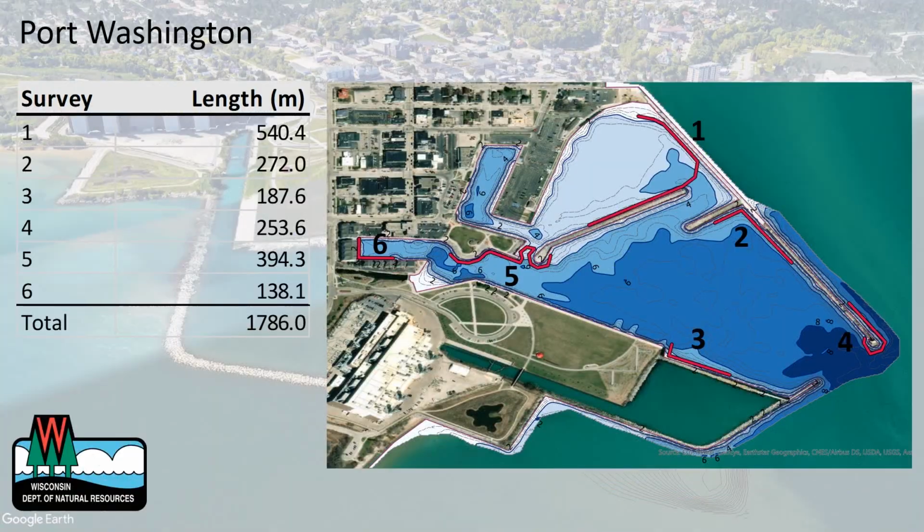One of the great benefits of electrofishing is it allows us to sample different types of shoreline. So you can see our different transects in Port Washington here. And we basically are out there trying to fish different types of shore to see what types of fish live where. And we've done that in Port Washington with about a mile of electrofishing conducted,